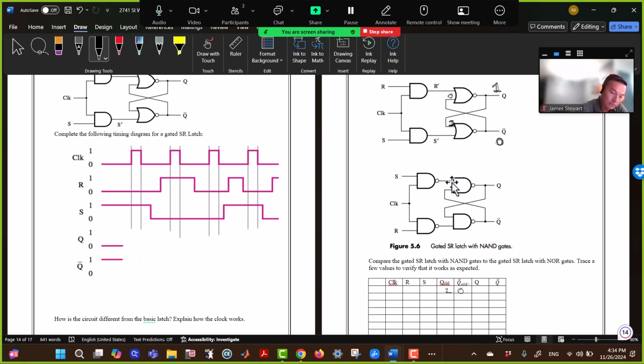And let's not worry about the clock. Let's not worry about the gated. Just if the clock is 0, there's no change. So clock being 0 is not interesting. Let's have R being 1 and S being 0. So if R is 1 and S is 0 and the clock is 1, then 1 and 1 is 1, 1 and 0 is 0,